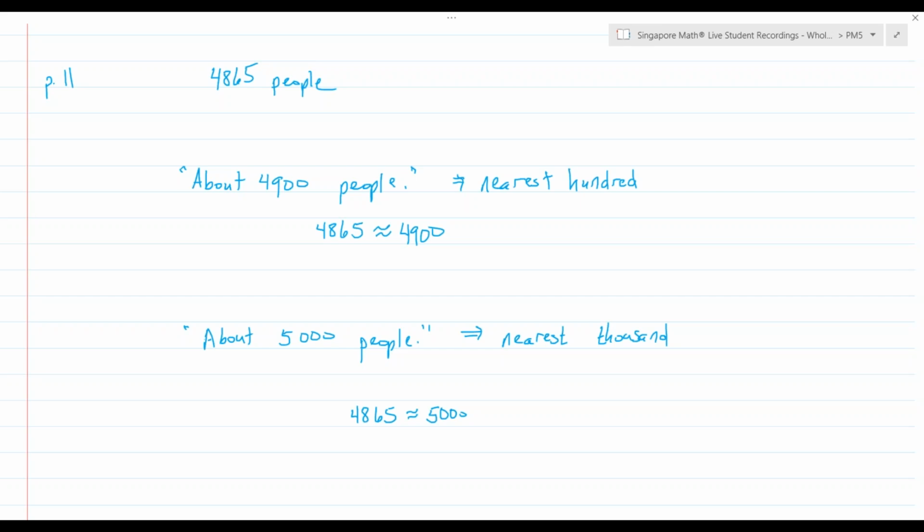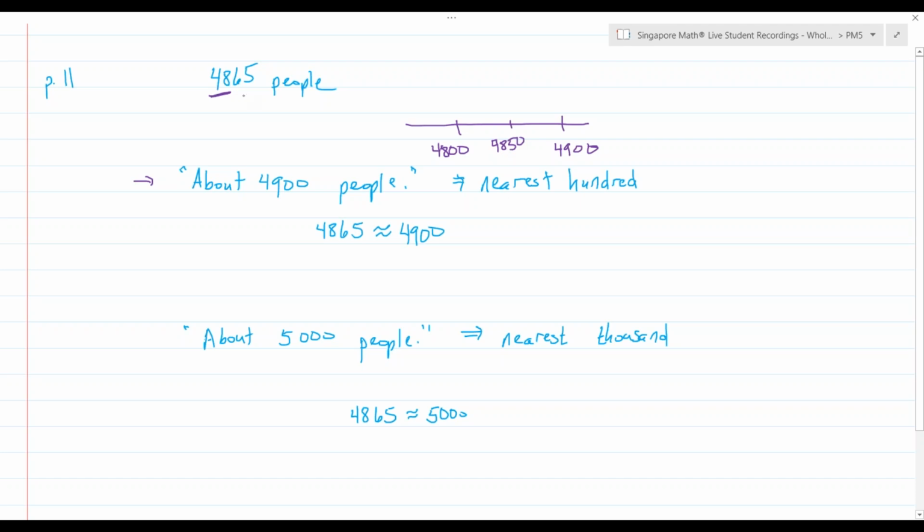4,865 people who watched a badminton match. And one person says there were about 4,900 people. Now that's rounding 4,865 to the nearest hundred because we say that is 4,800. It's more than 4,800, so it's between 4,800 and 4,900. And then if we look right in the middle at